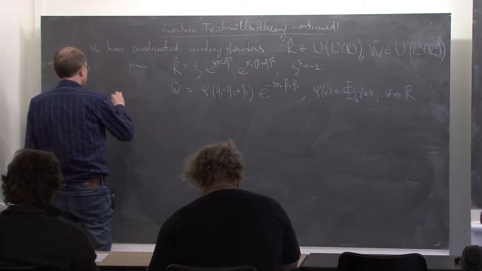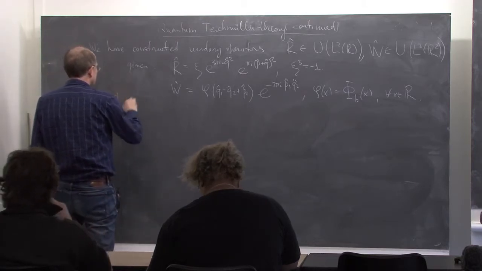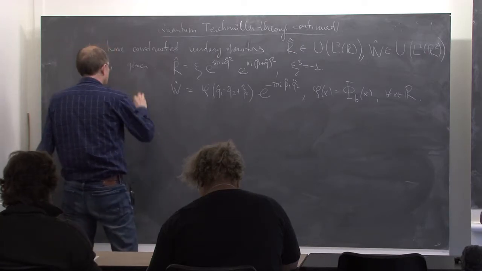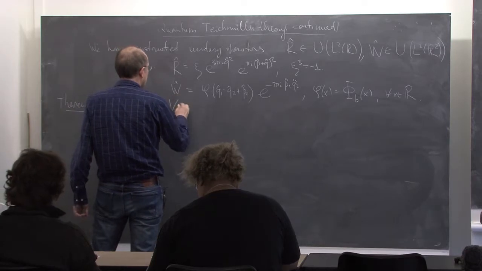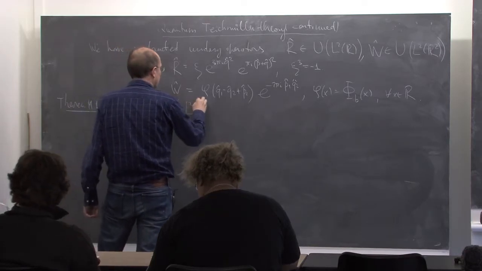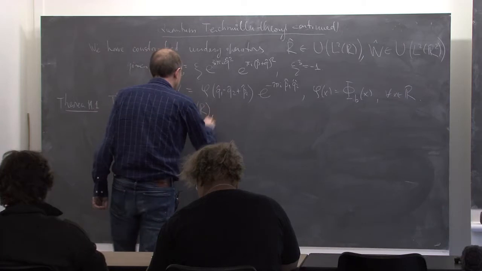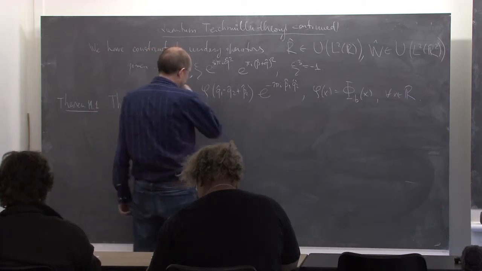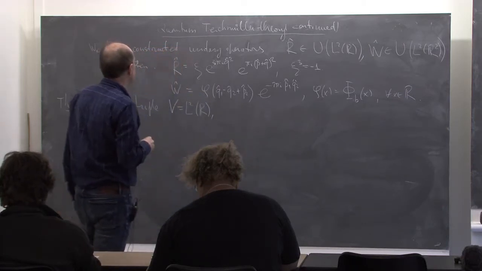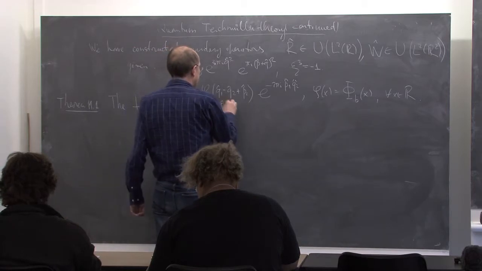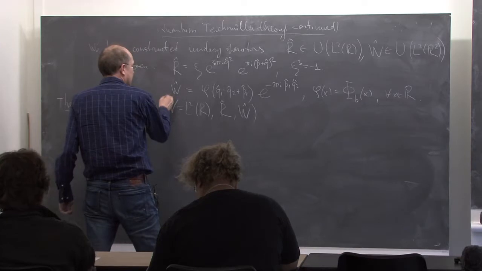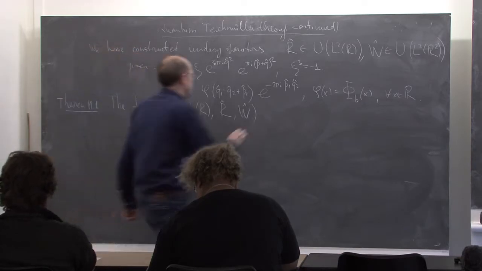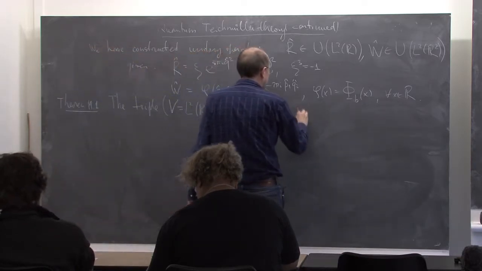So the triple V equals L2 of R, R hat, W hat is a basic algebraic system